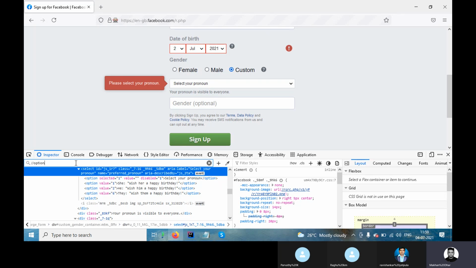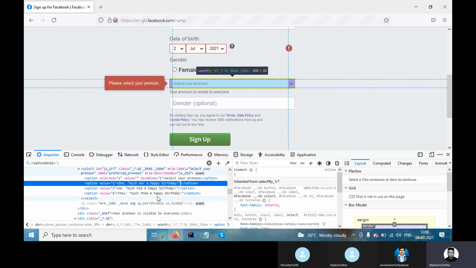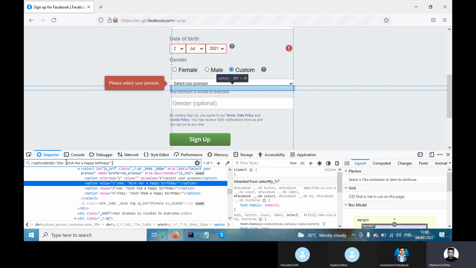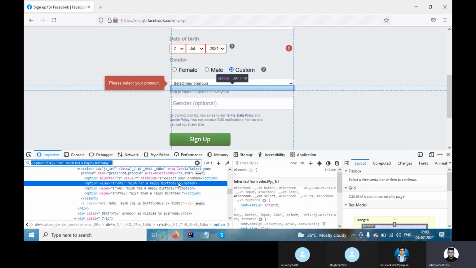You can use text, then bracket start, bracket close, and pass the value. Suppose I want the first one, just pass this and see it is coming. So just double click and copy the value.